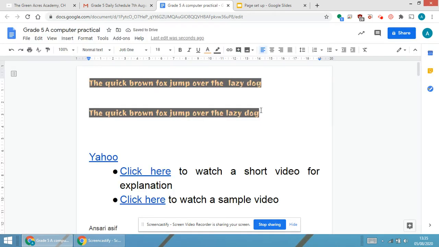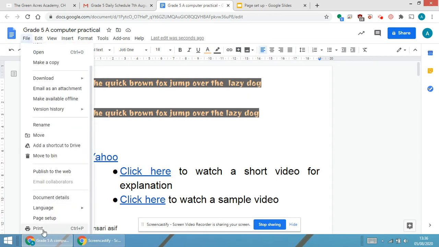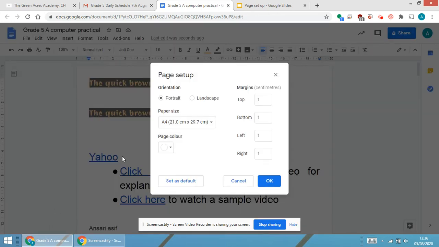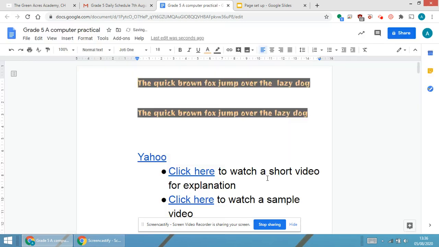When I click OK, you are able to see the margins over here. The margins have reduced a lot. One more time, focus on this particular margin. This margin is only 1 now. File, Page setup. This is which margin? Students, this is the left margin which I'm changing. I'm keeping it 5 and I'm pressing OK.